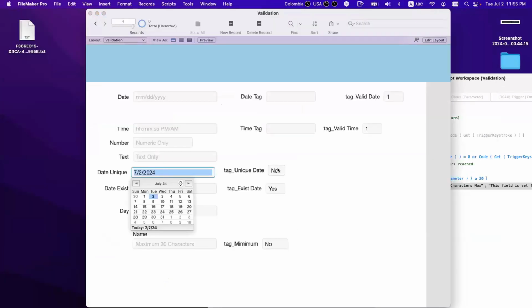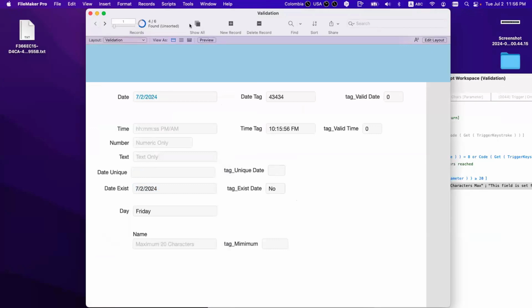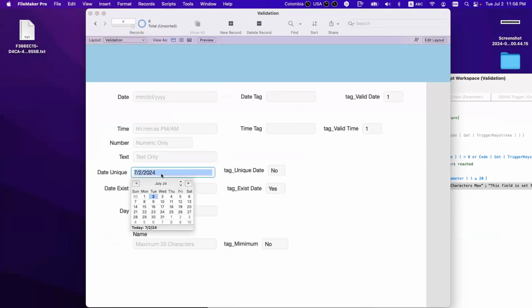It said no because it's not unique. And here it said yes because it is unique, because it exists. I have it, right? I have it here, right? I have multiple, you know, I have 4, right? But this one here, is it unique?